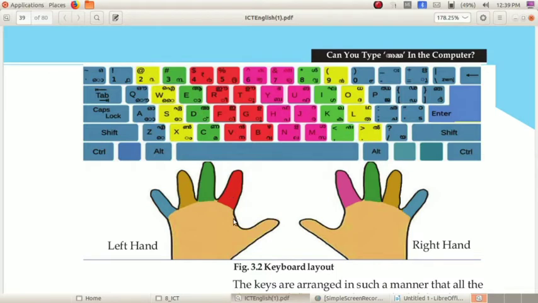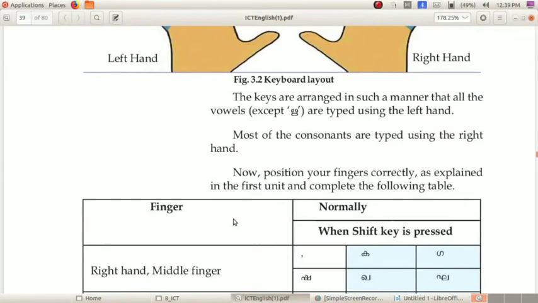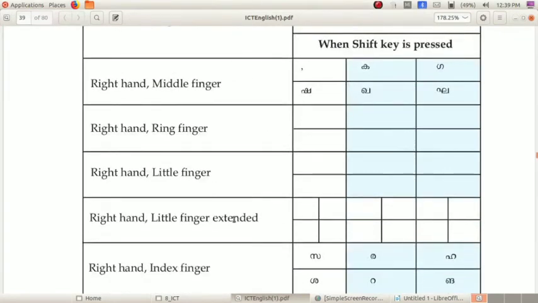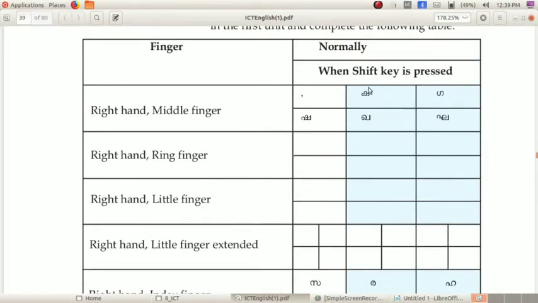So by looking into this picture you want to complete this table. This is for fingers and this is for letters. Right hand middle finger. This is the first row which is for normal case. This is for when you are pressing the shift key.